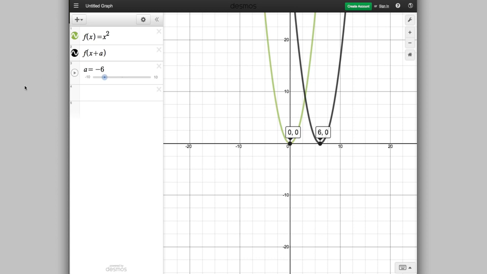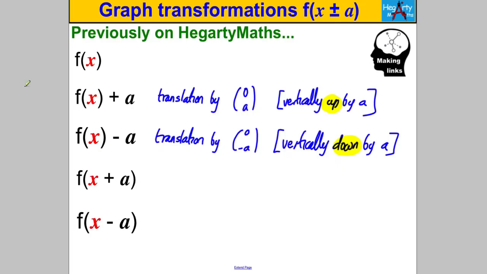So let's try and formalize what's going on here. We do have a translation, and it's going to be by... Now it is in the horizontal direction, but it's the opposite way to what you think. When you add a, you're moving the graph left by a units, so it'd be (-a, 0), i.e. horizontally,